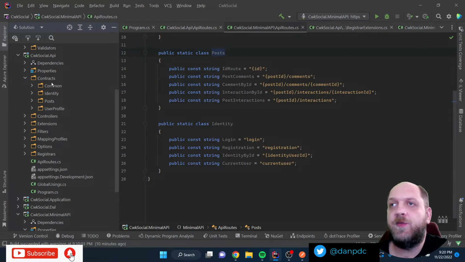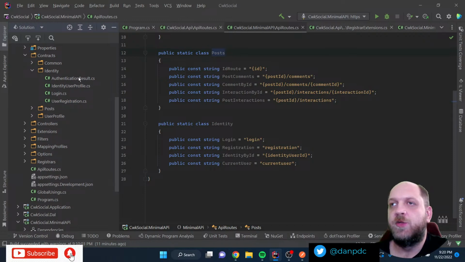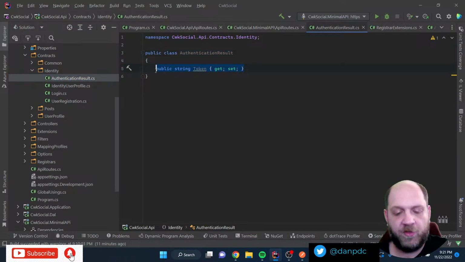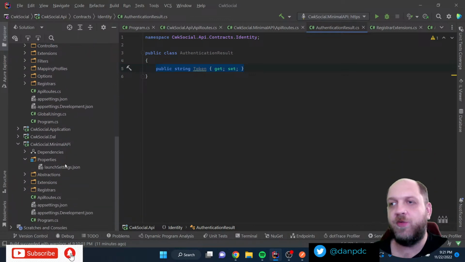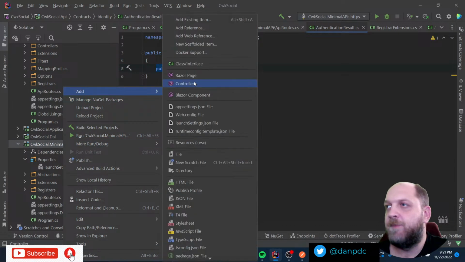So we have here this contracts folder, and we have this identity. In this identity, we have some models that we want to replicate there. Let's maybe start with this authentication result, which is actually maybe not much. Let's also try to call the class exactly the same way, and hopefully I don't do any typos, because I do them a lot, unfortunately.